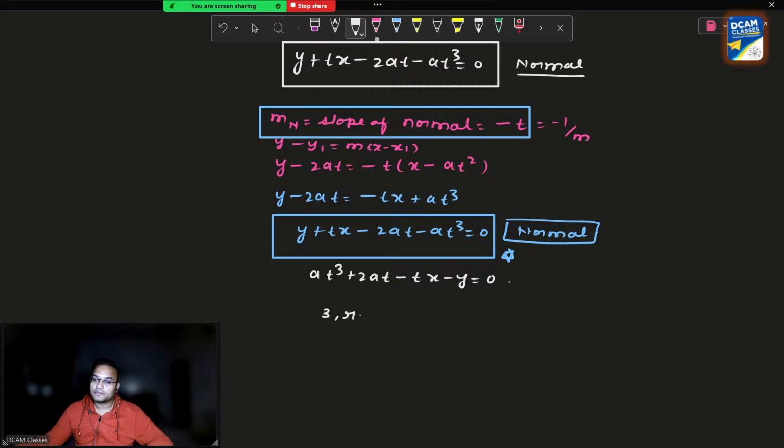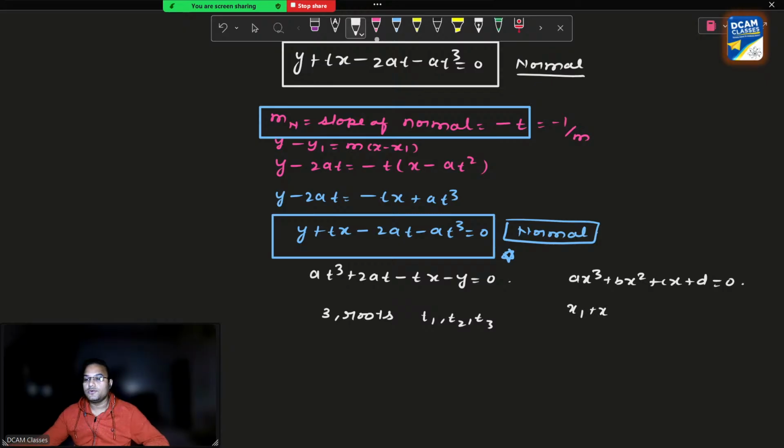3 roots. That means you have t1, t2, t3. Correct? What's the meaning of this? If I further explore, since I know ax cube plus bx square plus cx plus d, if this kind of equation is there with me, I can write the roots, if I have the roots x1, x2 and x3,